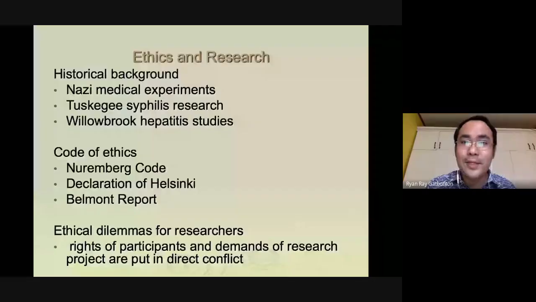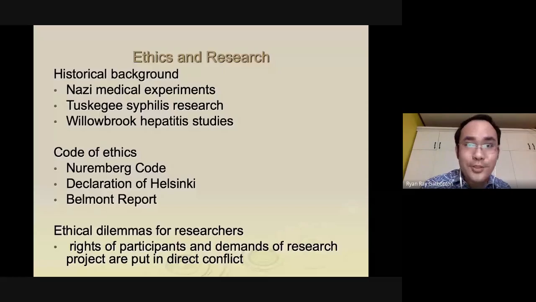Minsan nga kahit hindi harmful yung experiment or yung procedure, kailangan mo pa rin ng consent, no? No one should be forced to a treatment or an experiment without his or her voluntary consent, no? So no one should be forced into a particular experiment without them saying yes willingly and informedly. That's the IRSA's word. So dapat when you do experiment, you have to ask for consent, permission from a person, to join into your